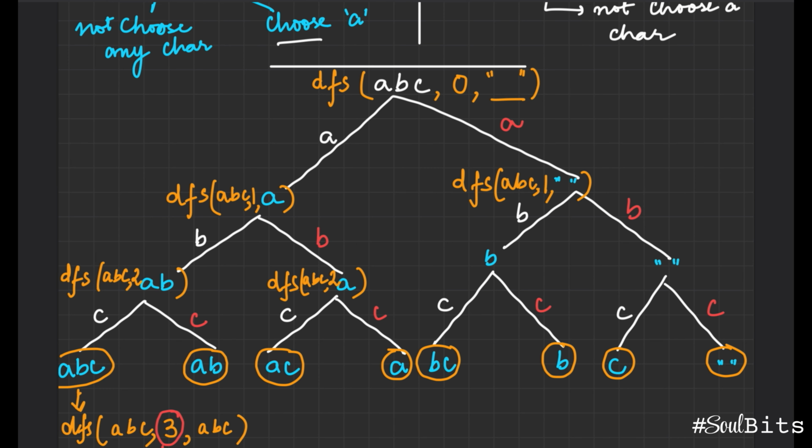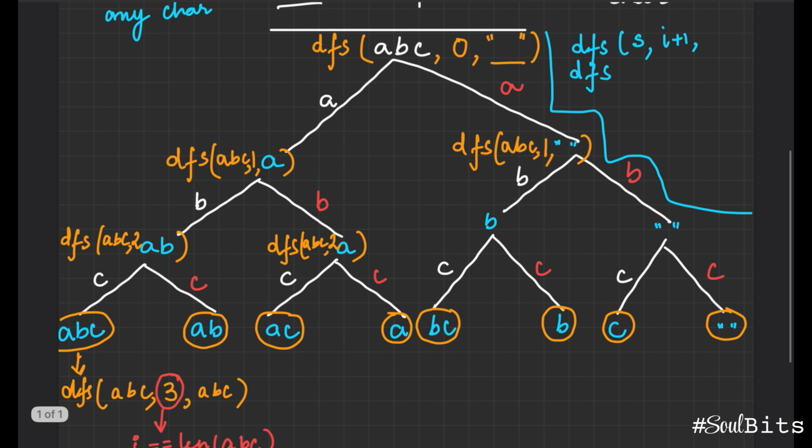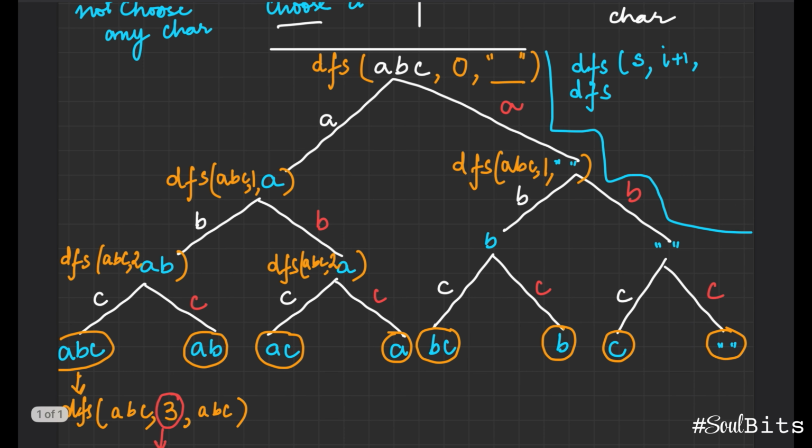So one thing is clear from this decision tree. You're taking 2 decisions on each node. We all know that we are making 2 calls here. One call is to the left, and this will be to the right. If you further think about the code, you will have the original string as the first parameter. When you're going to the left, we have I, where I will always get incremented. We've seen that I always gets incremented on all the steps. So if you focus on this number here, I gets incremented on all the steps. Perfect. And then you make 2 decisions for the third parameter.